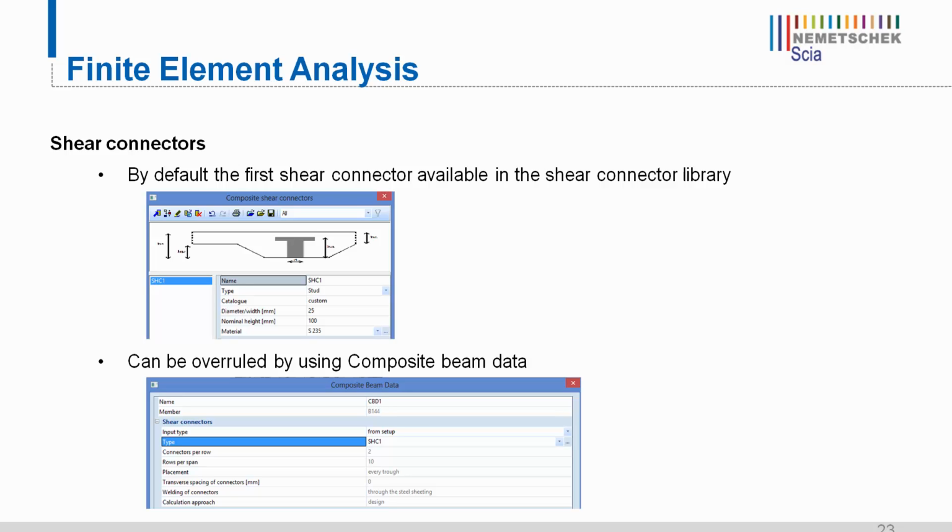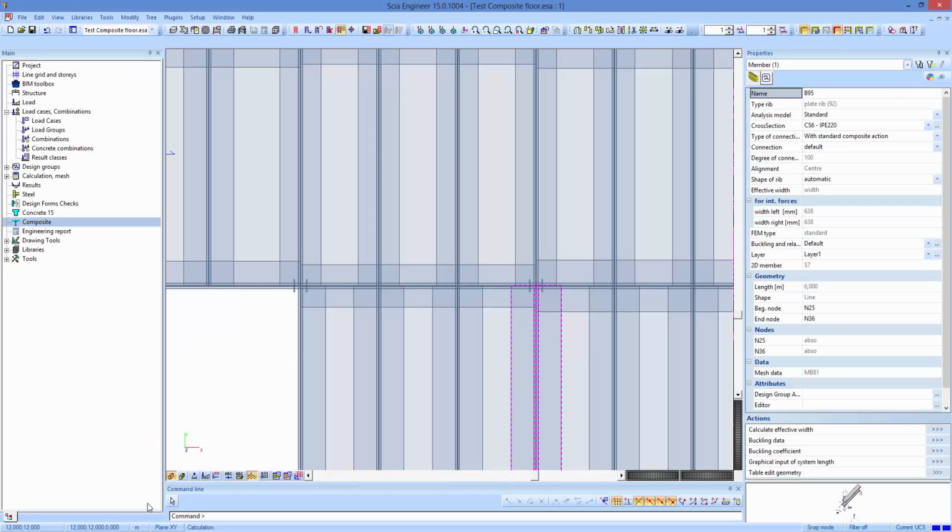Next, the shear connectors. By default, the first shear connector available in the shear connector library in Scia Engineer will be used automatically. Of course, this can be changed or overruled by using composite beam data in the composite menu of Scia Engineer. So if I go back to Scia Engineer,